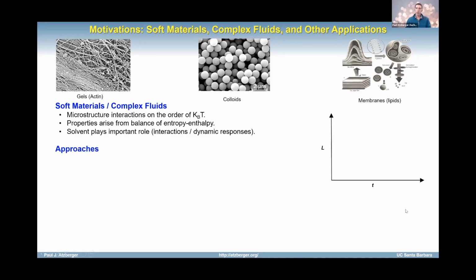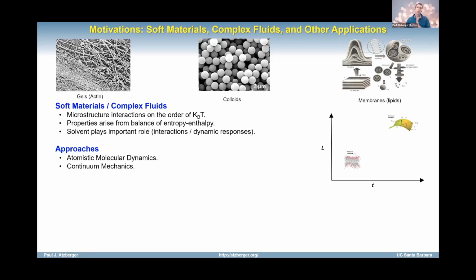And so probably the most obvious way you might try to go about modeling systems like this is to think about everything in terms of the atomistic level. And so, of course, molecular dynamics has been a very successful technique for capturing a lot of microscale, or even you could say nanoscale, mechanical interactions. But the problem, of course, is you pay a big price because you're resolving all of the atomic degrees of freedom. And so there's going to be very rapid timescales associated with many of the interactions.